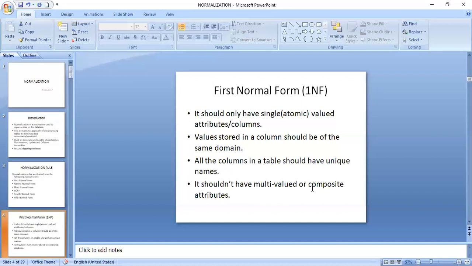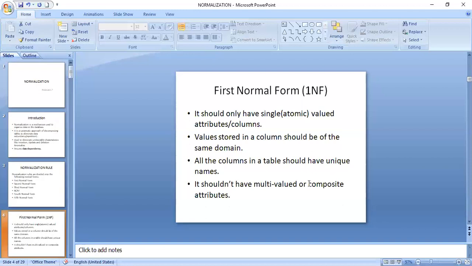Okay. If you say composite attributes, what is a composite attribute? An example for a composite attribute is address. If you can remember, how is the address available to us always? Door number, street number, city, then state, and then pin code. Yes or no? So if you are somewhere in some other country, you'll have to start from the state. The pin code, the state, and then the city, and then the street, and then the door number.